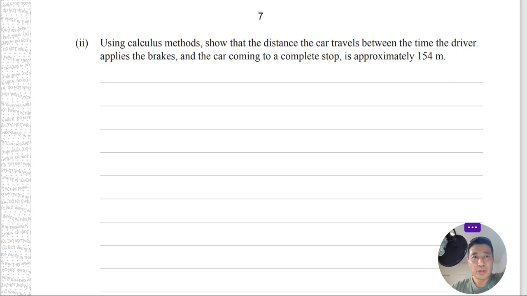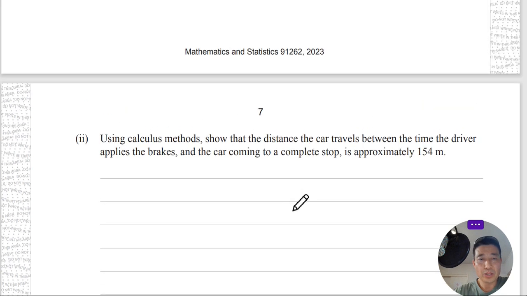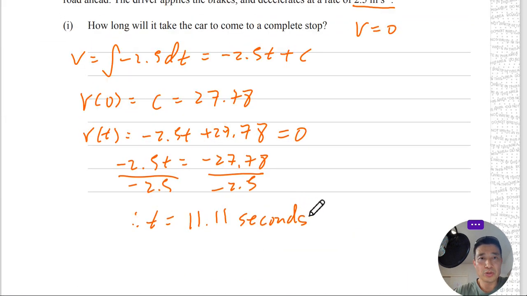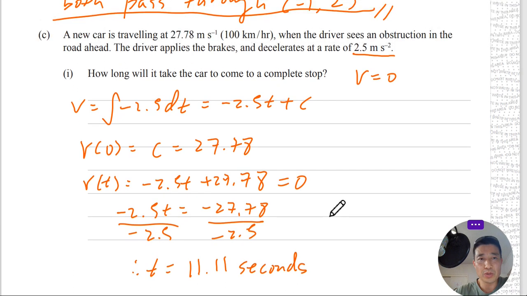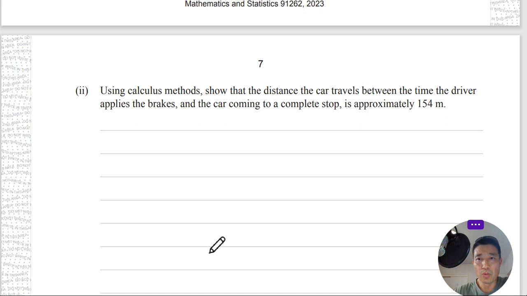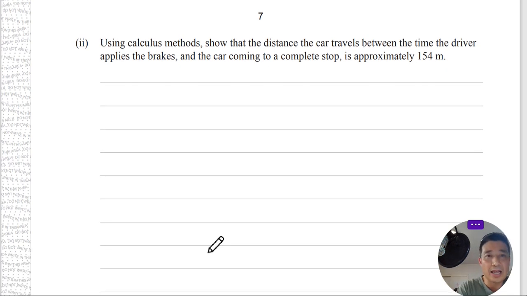We are doing level 2 calculus 2023 question 2C2, I believe. Yes, that's right. To solve this question and the next question, we should understand question 1. I'll remind you, in question 1 we found v of t, then we found the time taken to stop, right? Now what we have to do is find s of t first, and then we plug